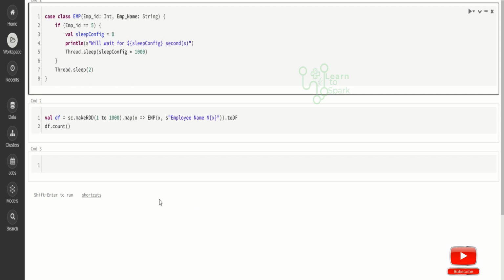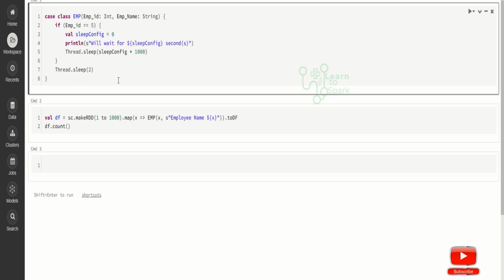The point to be noted is that we are adding a Thread.sleep for each and every row record, and only for id 5 we have another sleep, where the sleep config for now is set to 0. We will be increasing it in our runs. Since it is 0, there will be no sleep for employee id 5.